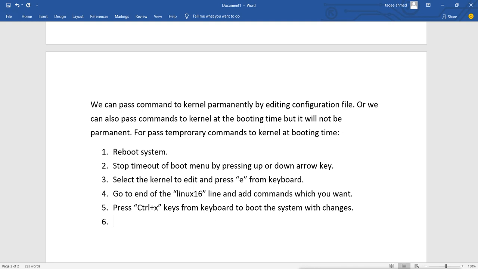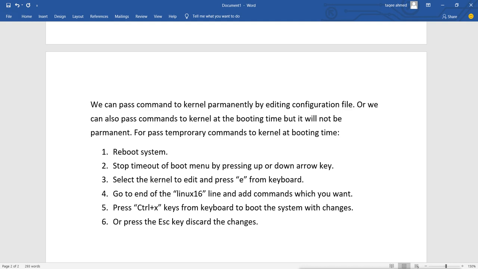Otherwise, or press the escape key to discard the changes.